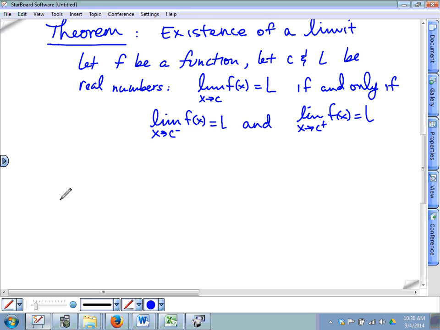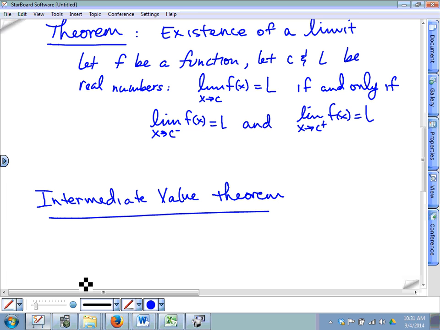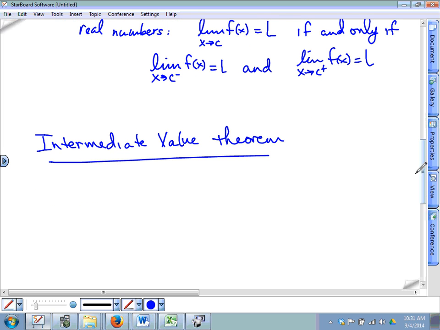We've got to go over the Intermediate Value Theorem real quick. This isn't going to take very long. This is pretty easy. Yep, this is the last objective. If f is continuous on a closed interval [a, b], so this includes the endpoints,